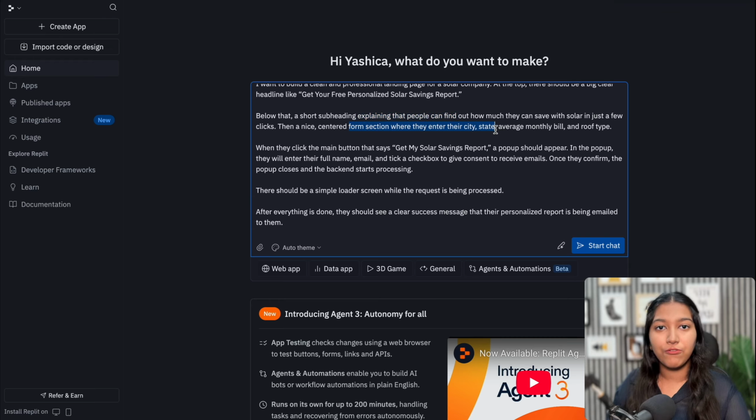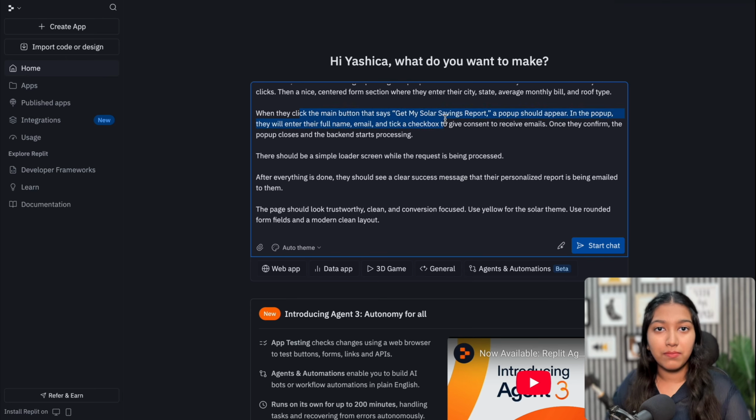Then we will have a form in the middle where they can enter their city, their state, their average monthly bill, and the roof type. And as soon as they click on the main button, which is Get My Solar Savings Report, after filling out the form, a pop-up will appear which is going to collect their name, their email, and consent to receive emails. Once they confirm, the pop-up closes and on the backend, AI starts generating the report.